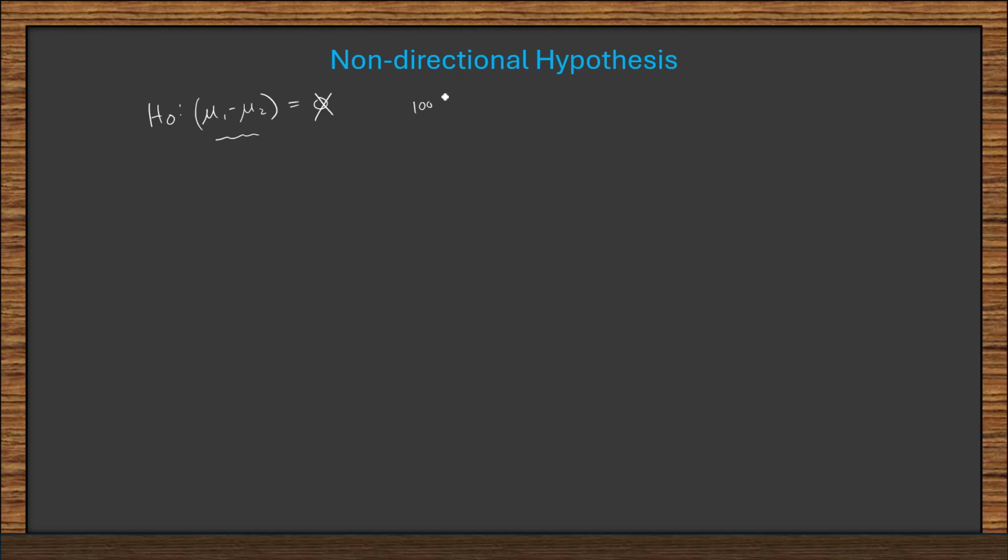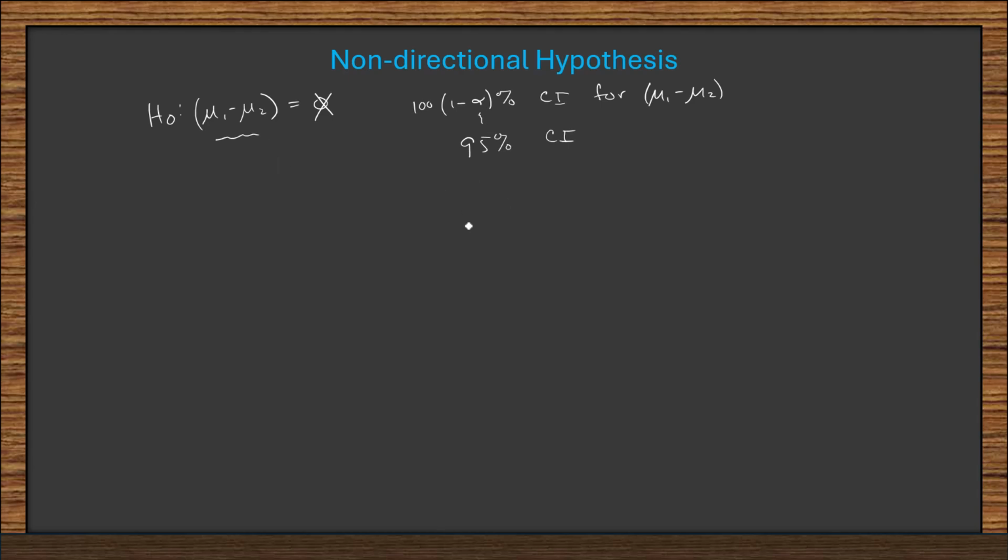So what we're going to do is calculate a confidence interval with a certain percent confidence. And it's going to be for the parameter under the null, which is the difference in population means. Now, the size of the confidence interval depends on your alpha level. So for instance, if you're going to be using an alpha level of 0.05, you're going to be computing a 95% confidence interval. So I'm going to demonstrate now how we compute this confidence interval when we're testing a non-directional hypothesis